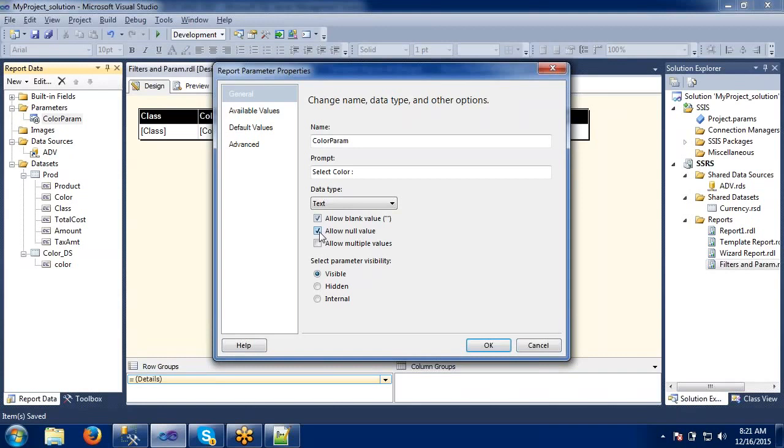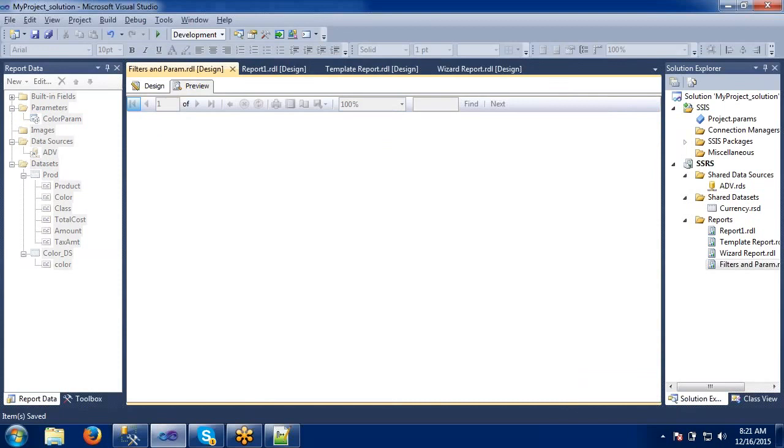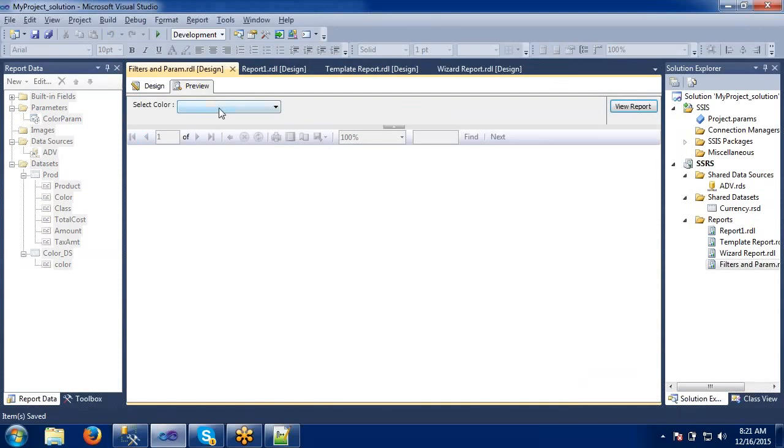When it comes to this third option, which is nothing but multiple values, it is allow multiple values. Click here, go to the preview. Now if you see, till now we were able to select only one color, right?